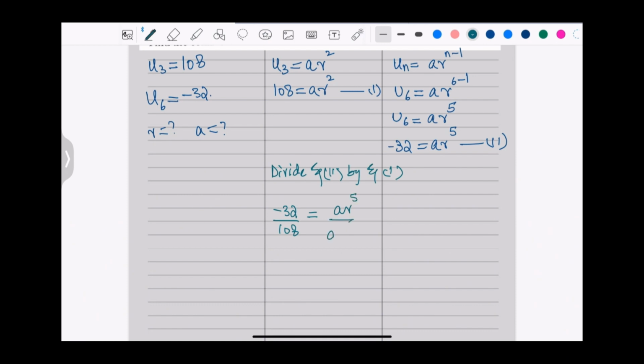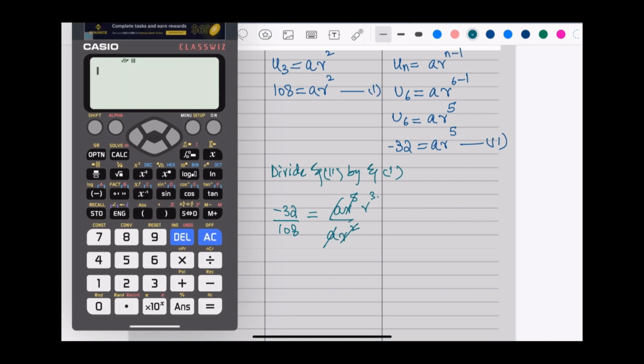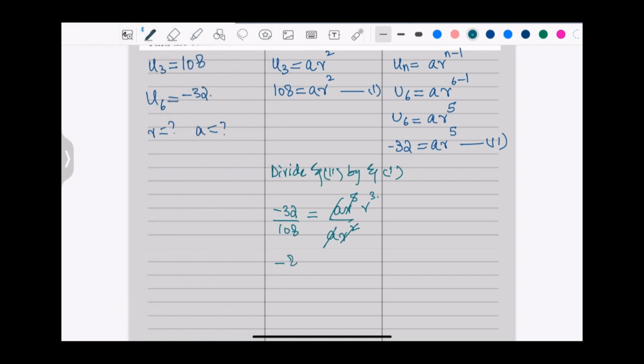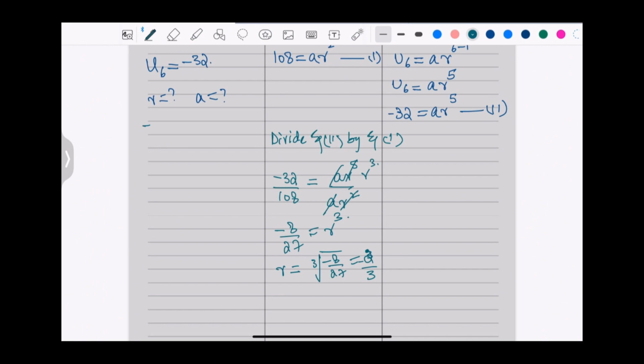to the power 5 over a r squared. So we can cancel them out. This becomes r to the power 3, and negative 32 over 108 makes it negative 8 over 27, which is equal to r to the power of 3, and r is going to be the cube root of this. If you take the cube root of negative 8 over 27, it gives you negative 2 over 3. So you found r to be negative 2 over 3, and next is